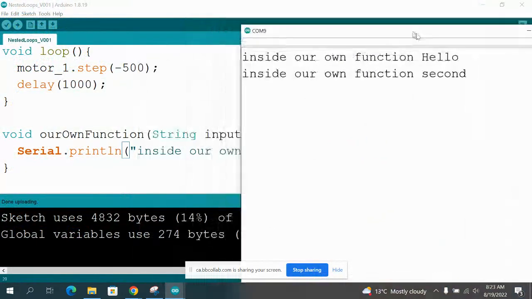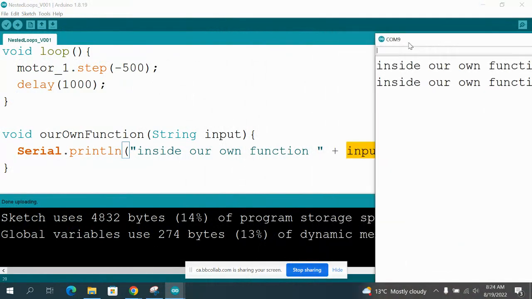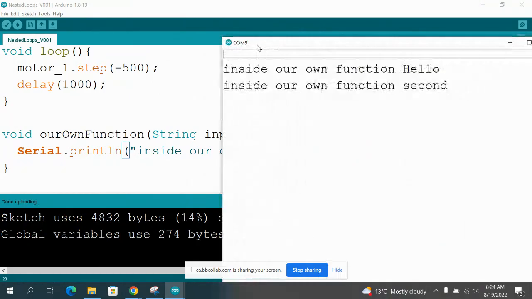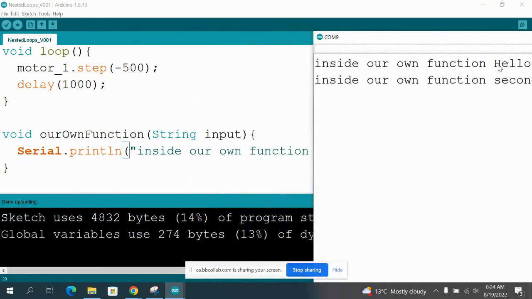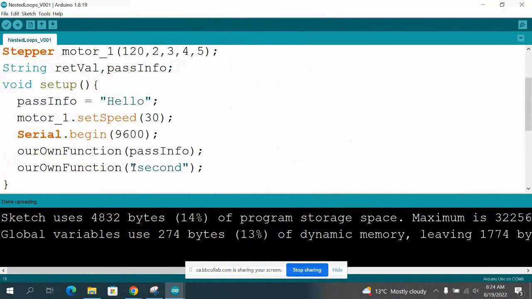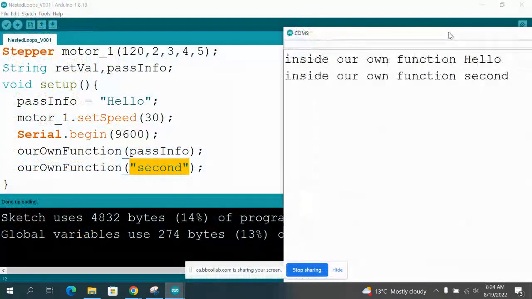Inside our own function, this is now saying inside our own function, and then appended to it is some kind of information that is in that variable. The first time the information in that variable is hello. The second time that function is called, the value is second. And this is why the second time it says second. Okay, this is now passing information to a variable.